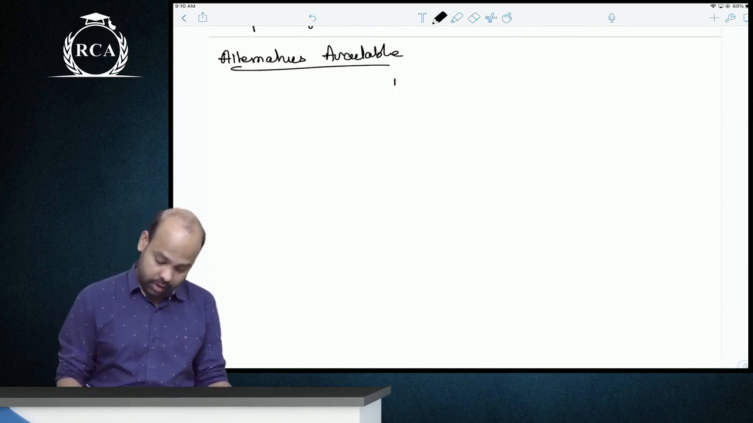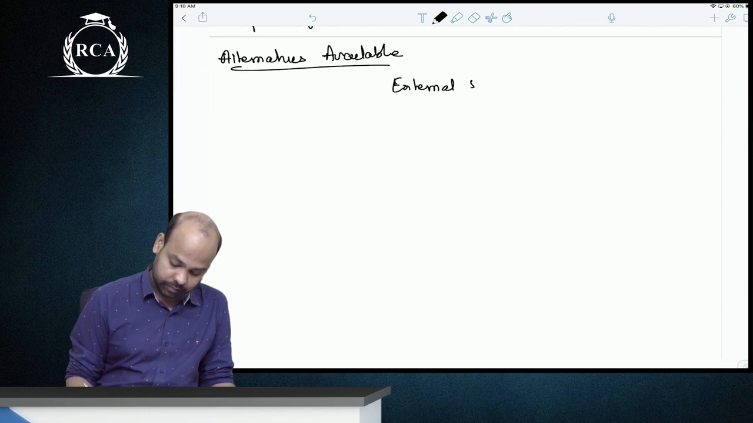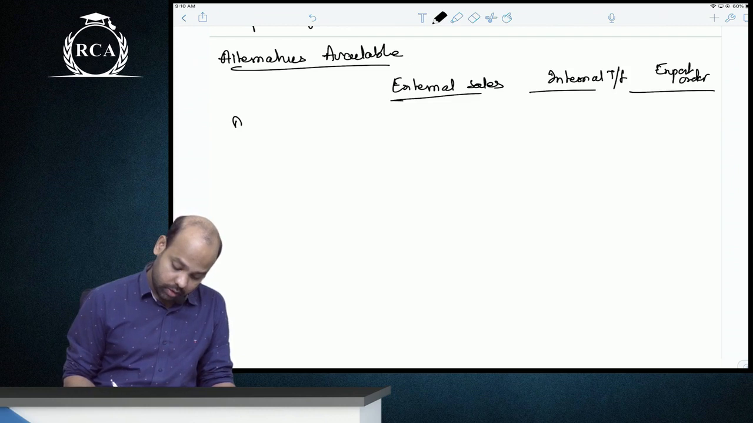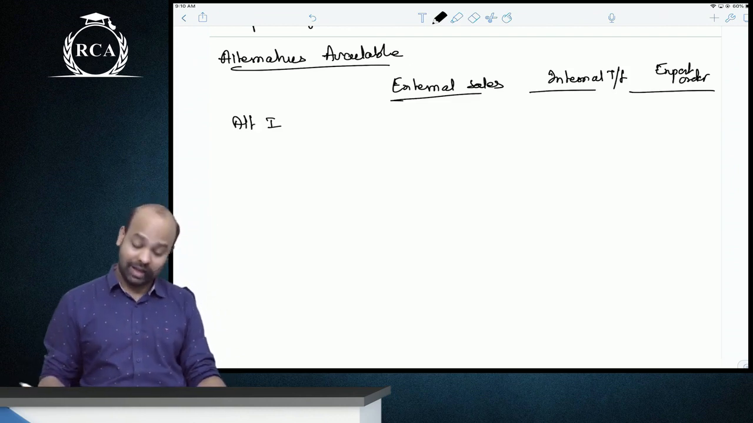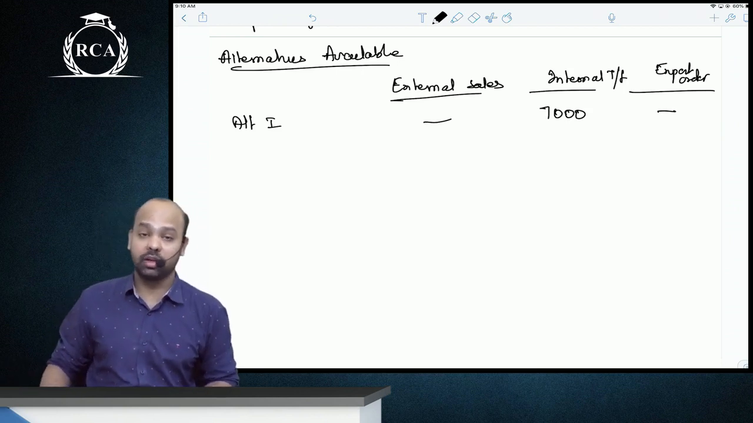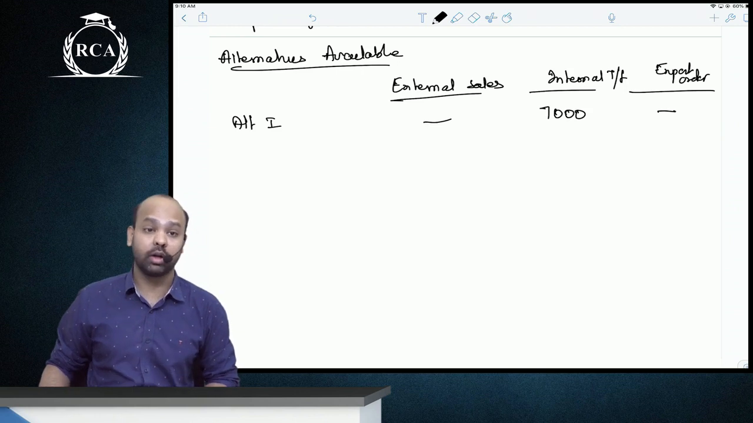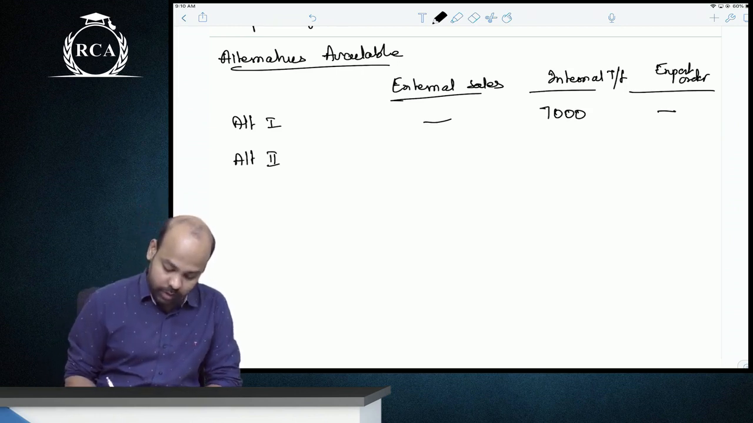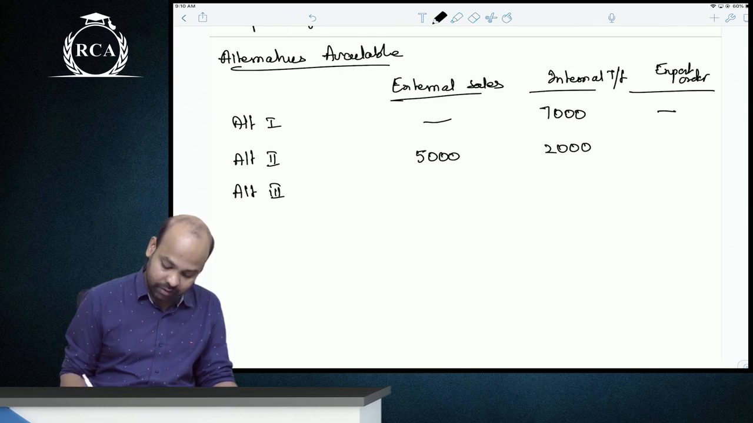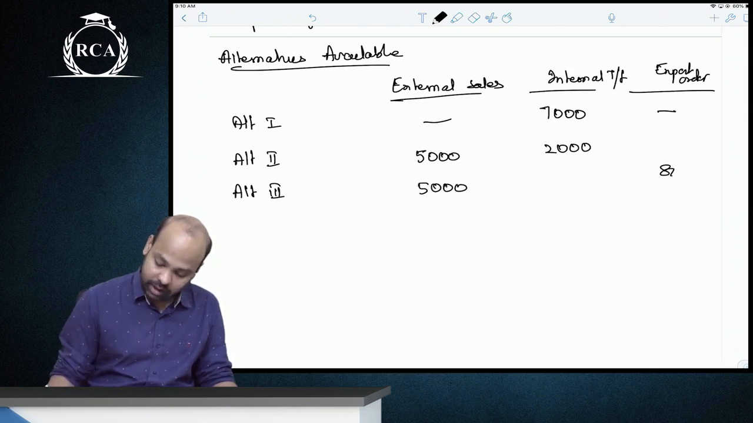External sales, internal transfer, export order. Alternative one, beta, is: how about I transfer the entire 7,000 units internally, but I do not sell anything in the external market, and do not undertake the export order as well. Alternative 2 is: what if I sell 5,000 units in the external market and 2,000 as internal transfers. Alternative 3 is: what if I sell 5,000 in the external market, take up the export order and